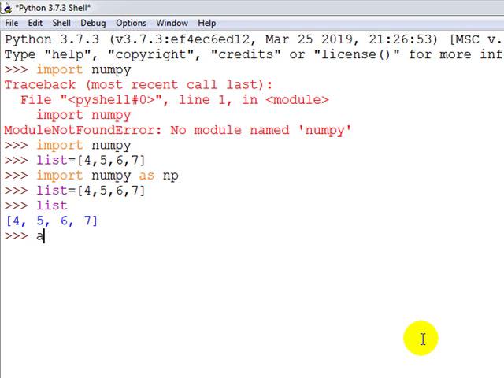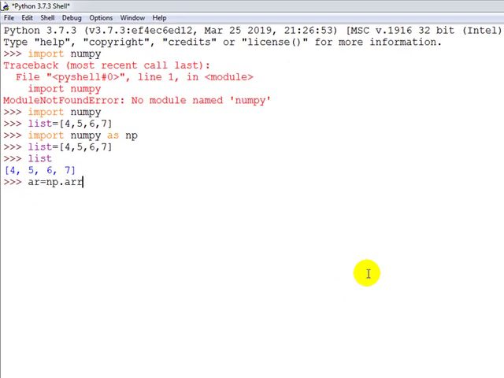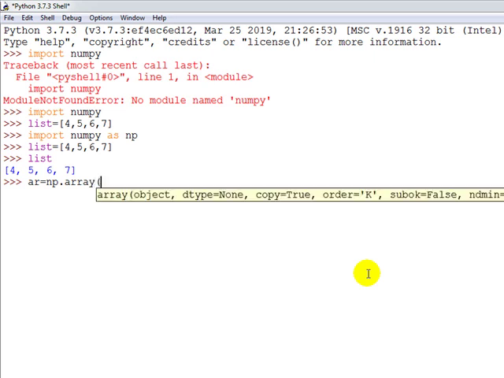Now I'll create an array with the name ar. ar is equal to np.array, in brackets list.